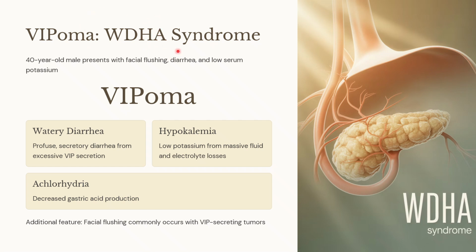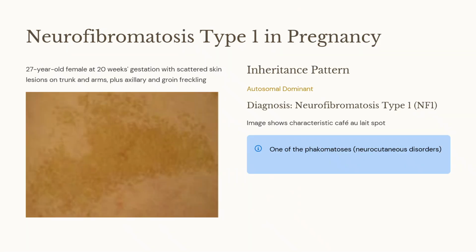So this is what they are presenting, diarrhea and low serum potassium, and it presents with facial flushing too. So watery diarrhea, hypokalemia and achlorhydria are characteristics of VIPoma. In addition to it, in VIP secreting tumors there is facial flushing too. So this picture can be given and then they can ask you, a 27-year-old female at 20 weeks gestation